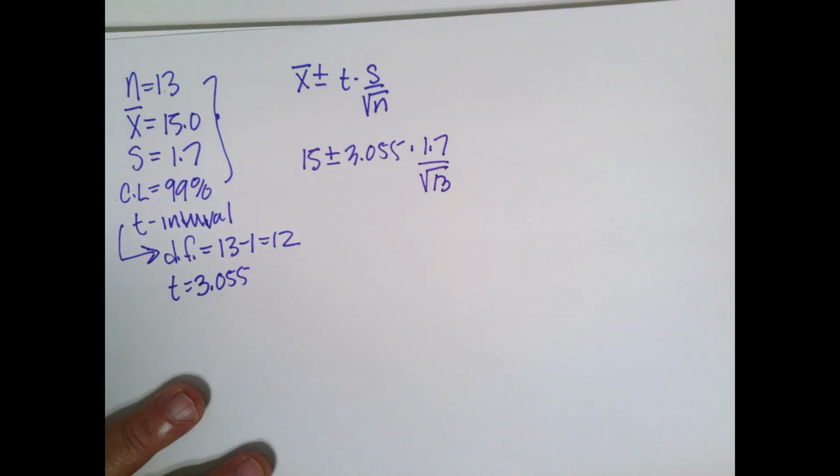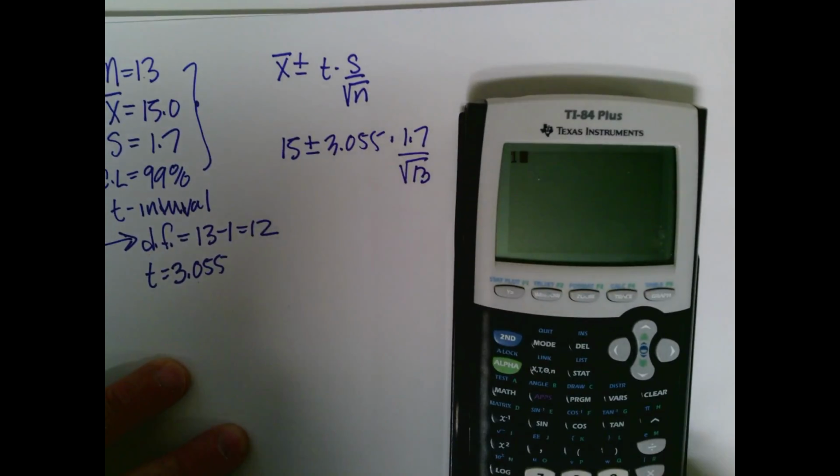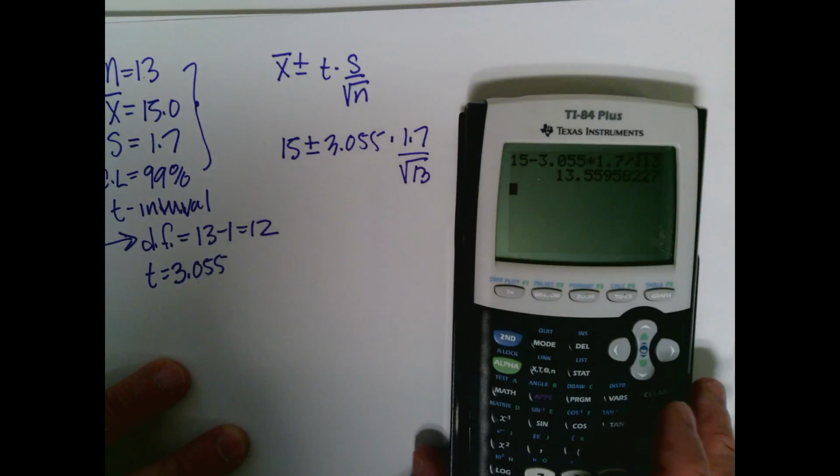Okay, so I plug that into my calculator: 15 minus 3.055 times 1.7 divided by the square root of 13, and I get